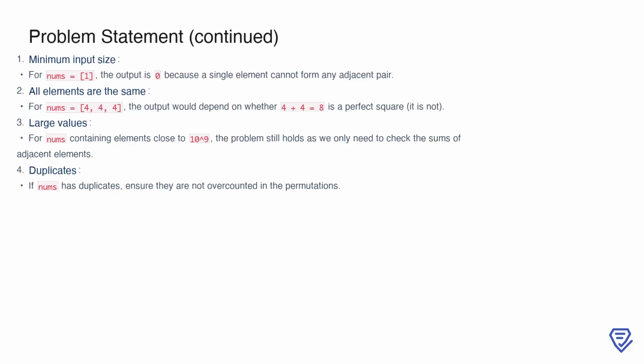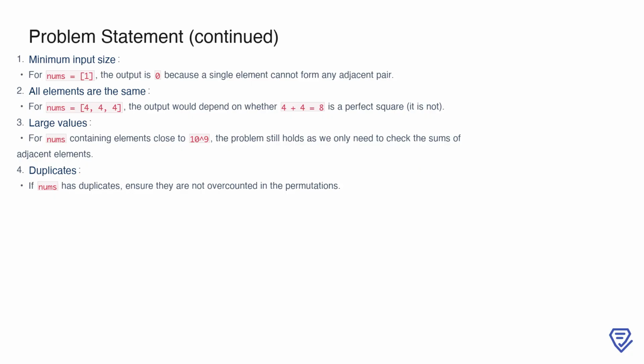When solving this problem, it is important to consider several edge cases. For instance, if the input array has only one element, such as nums equals 1, no adjacent pairs can be formed, so the output is 0. Similarly, when all elements are the same, like nums equals 4, 4, 4, the output depends on whether the sum of two identical elements forms a perfect square. In this case, 4 plus 4 equals 8 is not a perfect square. Another edge case involves handling very large values in the array, where sums can become substantial but must still be checked for squarefulness. Lastly, arrays with duplicate elements require careful consideration to avoid overcounting permutations, ensuring the result is both